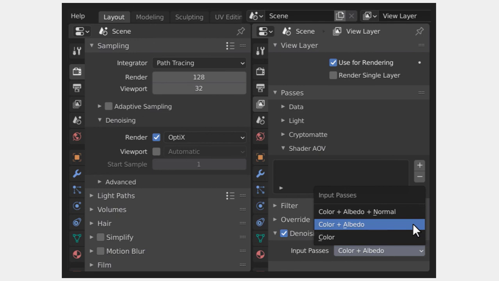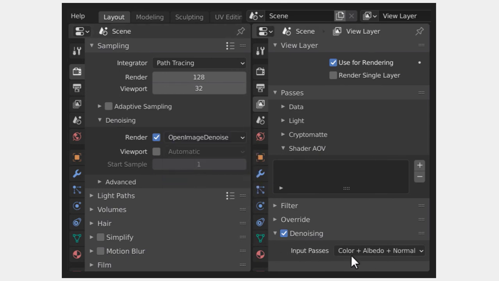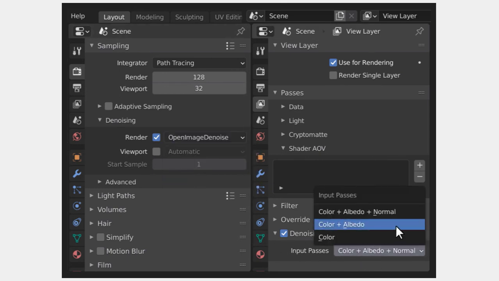And sometimes these passes depend on your project for both denoisers. Then change the render passes and see which one is good for your rendering. Feel free to change these passes for your renderings. These denoising passes are given for that reason.